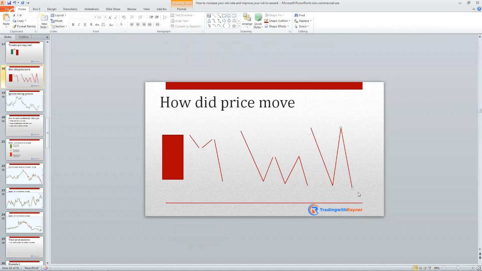And why is this important? Because if you ask me, the way price moves will give you a clue into what could possibly happen in the near future. Like for example, this one over here, if you talk about lower prices, I would say this pattern has a higher likelihood of prices trading lower because you have some form of build up at the lows. What is build up? Build up is basically consolidation near the highs or lows. So once you have consolidation near the lows, the likelihood of the market trading lower is higher because traders who are long would have their stop loss just below these lows. So when it punctures through the lows, this cluster of stops will get triggered,